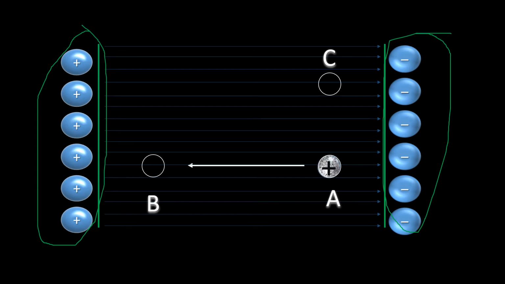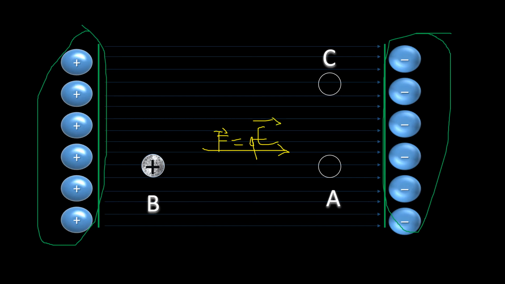So if I consider a charge at point A and if we take it to B, what is the direction of the electric field? We know the force QE, which the charge is experiencing, is from left to right for this situation. And in which direction was the charge moving? Charge was going from A to B. So what is the angle between the two?